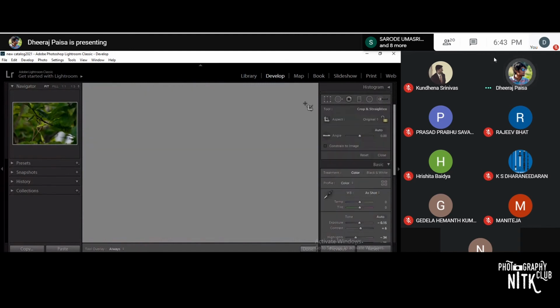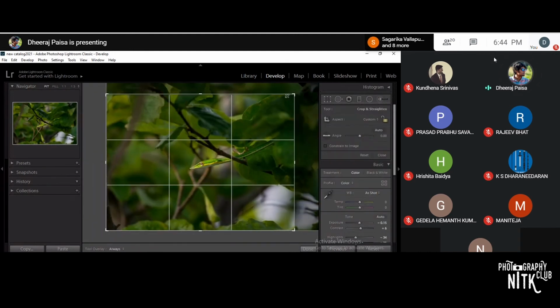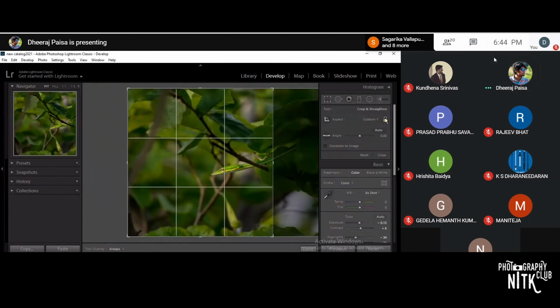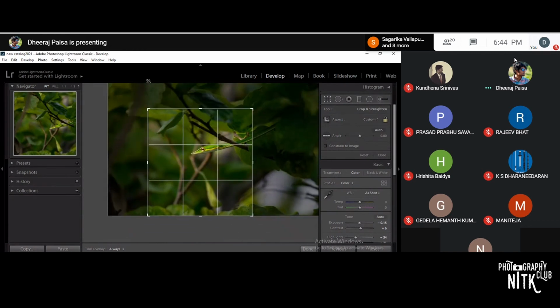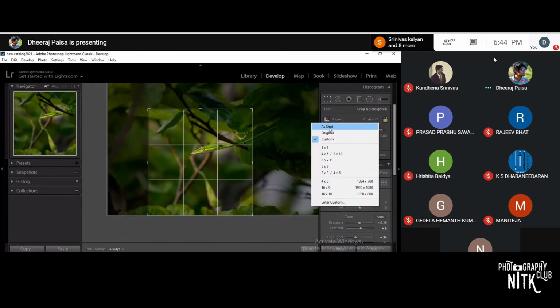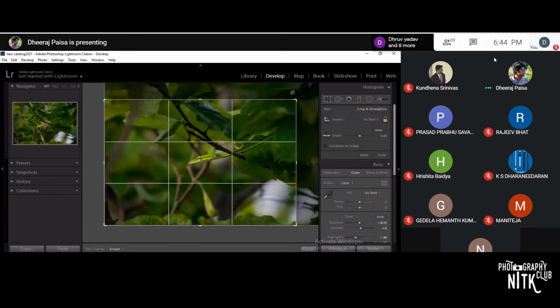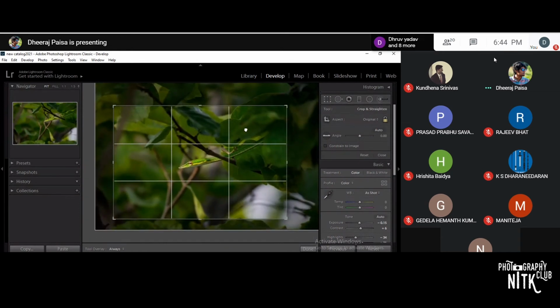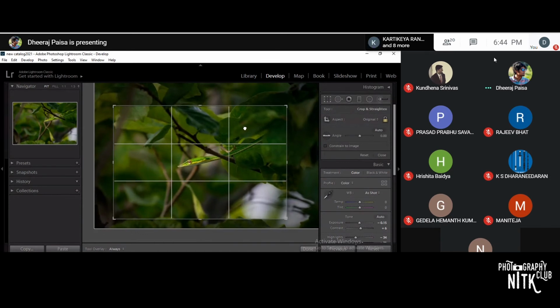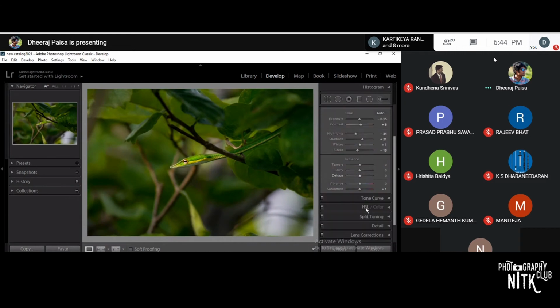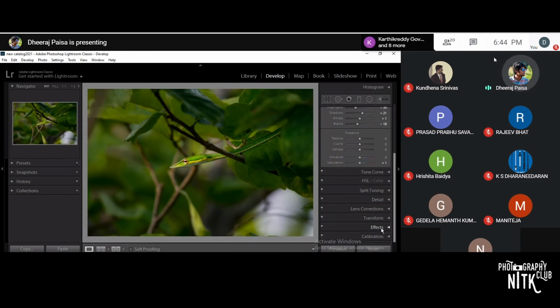Let's crop it a little bit so that the object is focused. I'm placing the subject in the center. Now let's add some vignette effect, which is in the effects option.